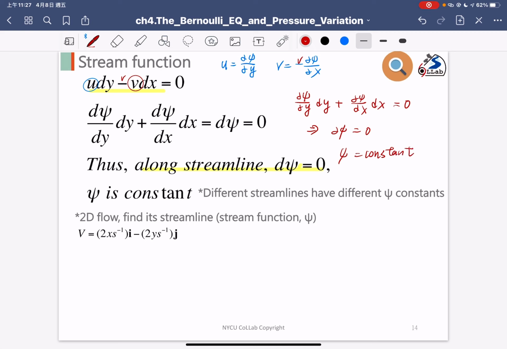Okay, so the constant can be constant 1, constant 2, constant 3. We don't know the true value of the constant here. We only know the stream function will equal a constant value. OK，那我们说到这里，其实你会很 confused，说那我到底要怎么决定这个 stream function？